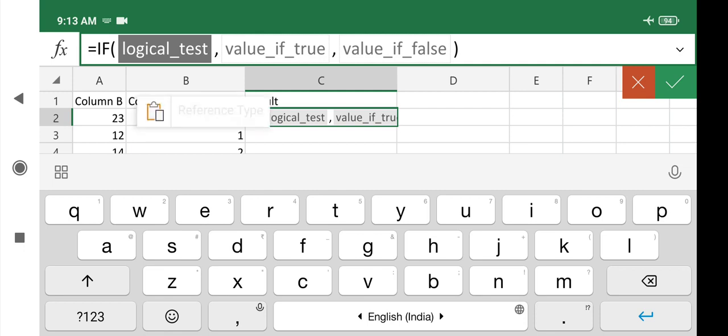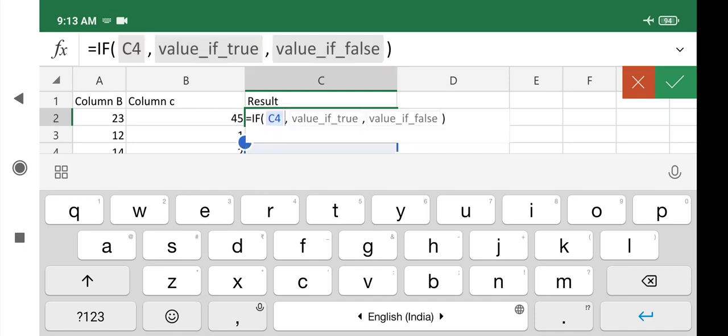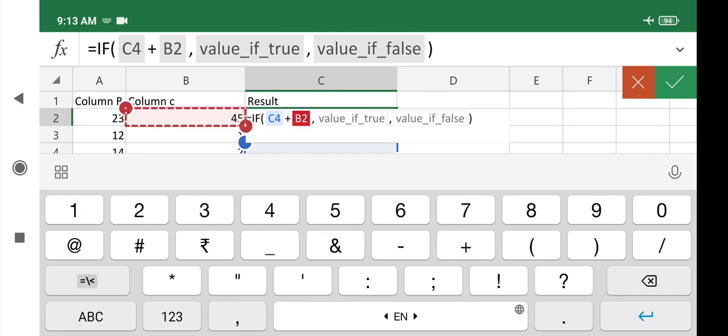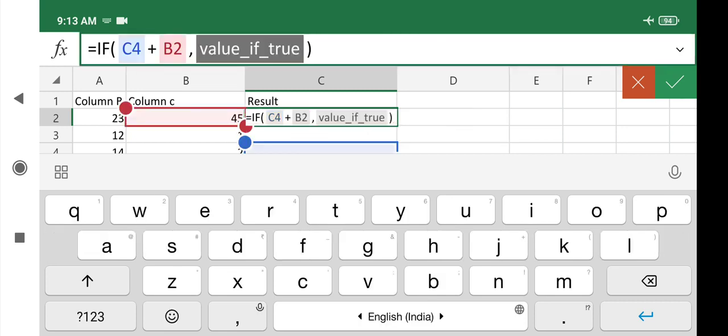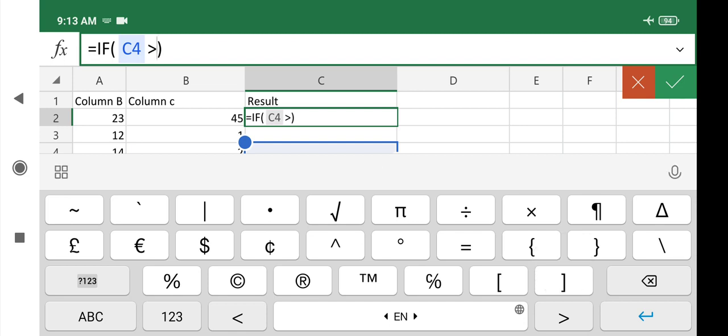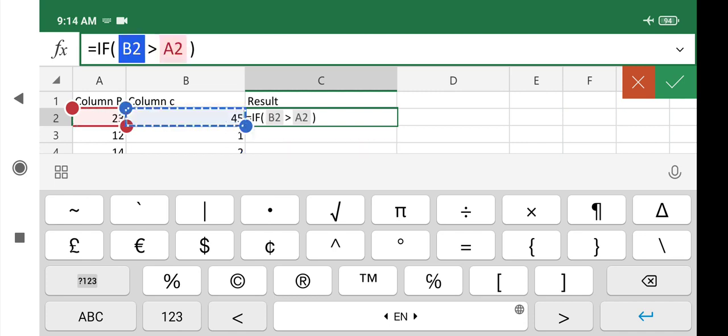So what is your logical operation over here, you have to choose this one, column C. Then, the statement I am erasing, column C is greater than, okay, so I have chosen a wrong one, I need to choose this one.